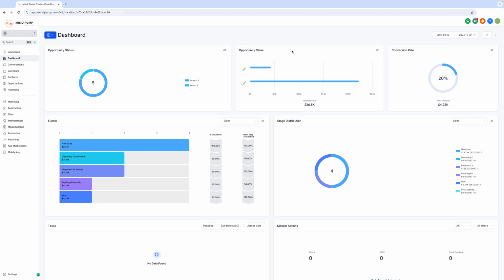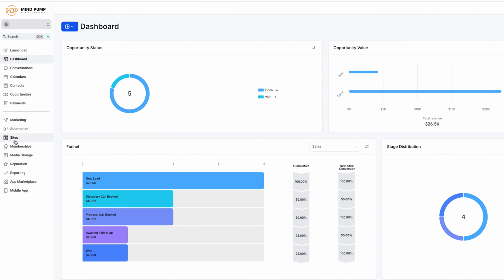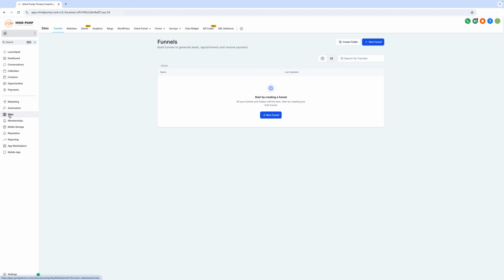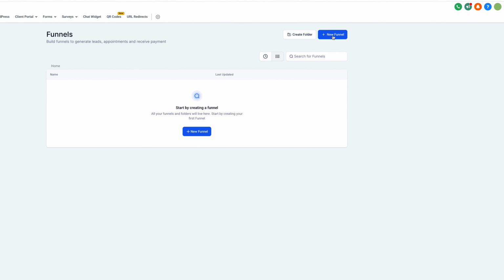Okay, so to get started with creating funnels inside of your new accounts, once you've logged in and landed here on the dashboard, go ahead and click on the Sites tab here on the left-hand sidebar. This will automatically redirect us to the funnels section. And now to start creating our funnels, we need to click on New Funnel up here in the top right